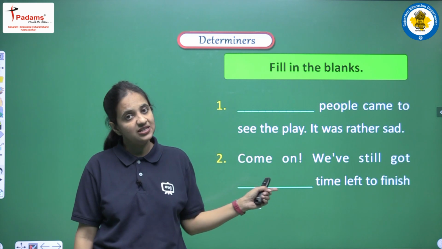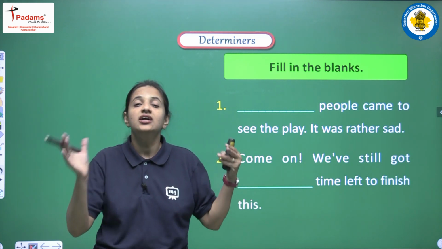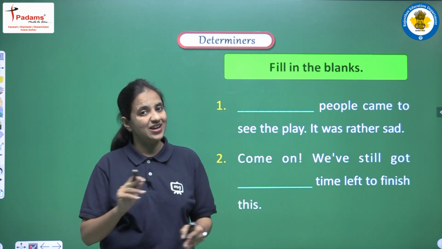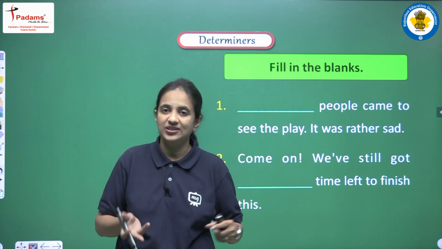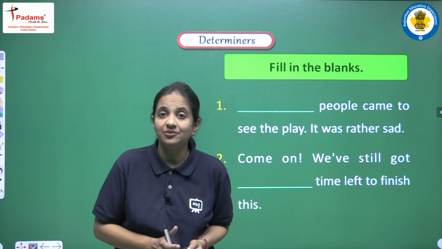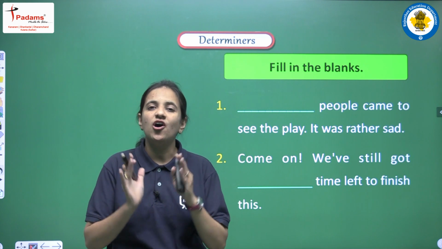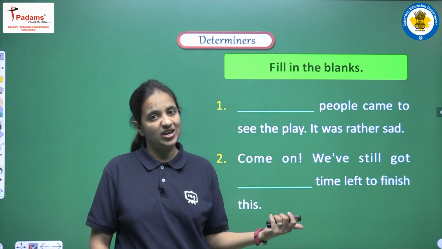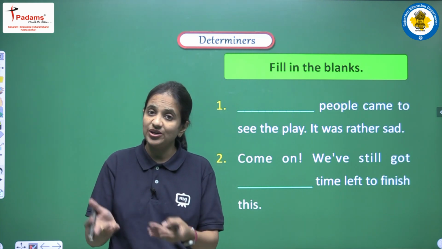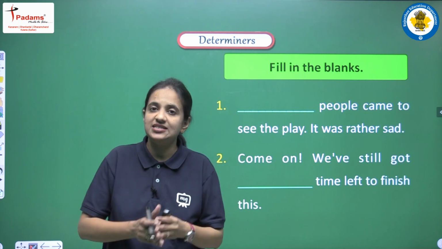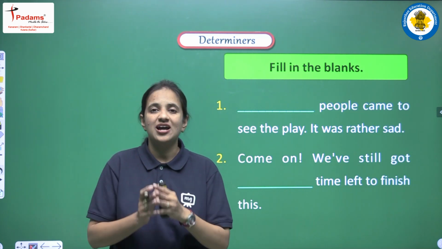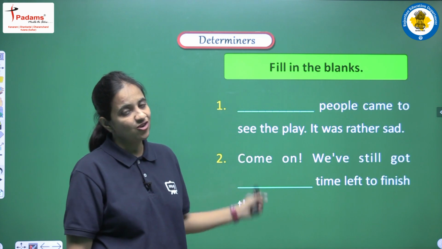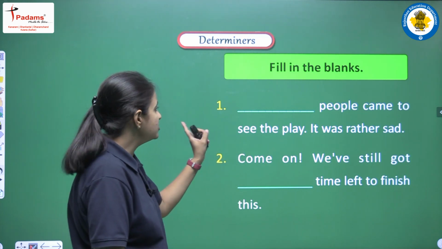Okay. So observe the sentence very carefully, observe the kind of noun that we have very carefully, and then according to the sentence use the appropriate determiner. I am very much sure that you all are ready with your answers, because we have discussed all the determiners in today's video. We have discussed so many sentences, so many examples. So now you all are ready. So let's solve this practice exercise with sentence 1.